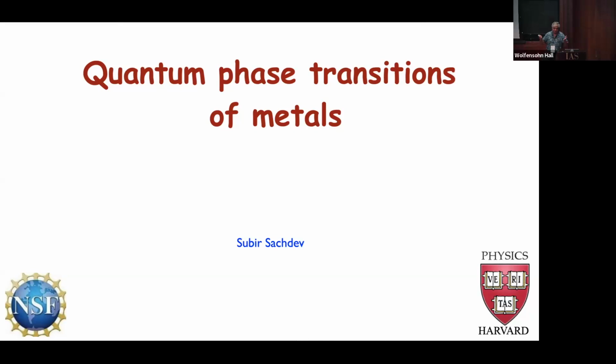All right, so I'm going to talk about quantum phase transition of metals. So the idea here is that we start with the Fermi liquid state that Sohn just described, and then ask, is there some phase transition to some other state, which is also a metal, and ask what happens, what kind of other phases you get. And today I'll also say, if there's time, something about the nature of the critical point in some cases. And the important thing in all of this is really keeping track of what's happening to the Fermi surface. So that's really the central actor here.